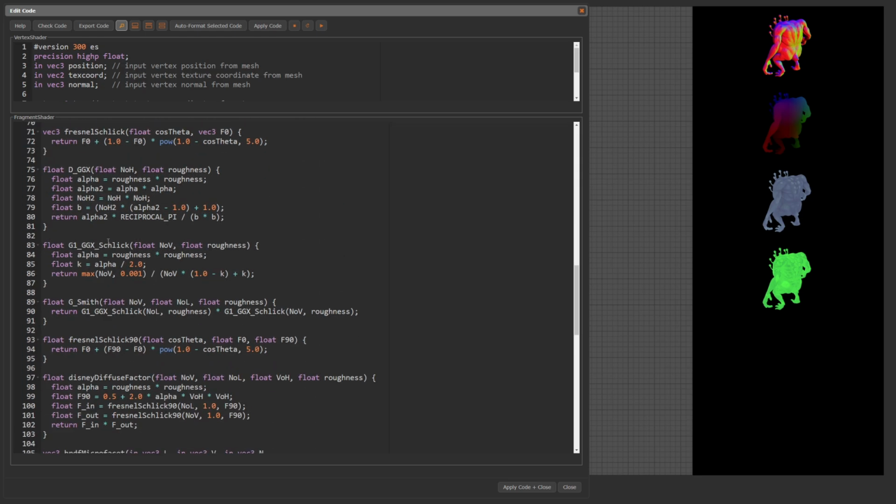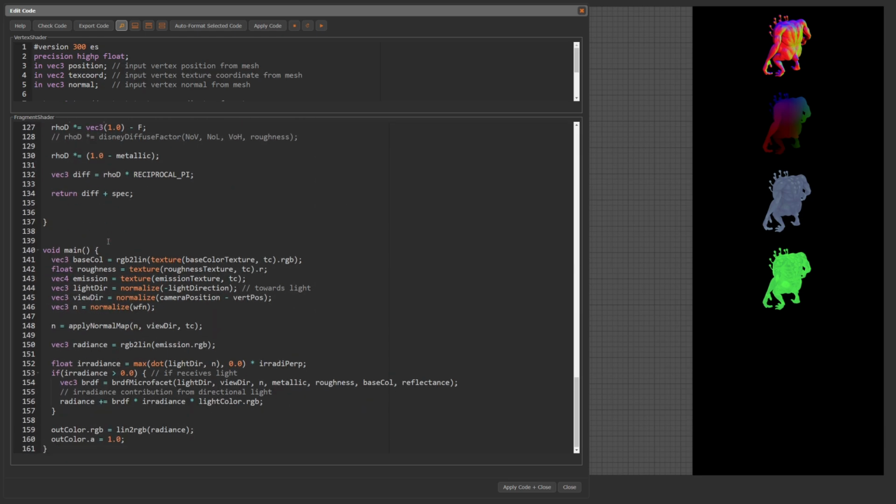In the main function, we now need to read all the parameters from the 5 textures. vec3 n equals texture(normal_texture, tc).rgb.